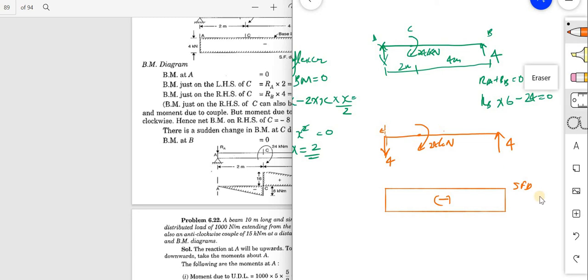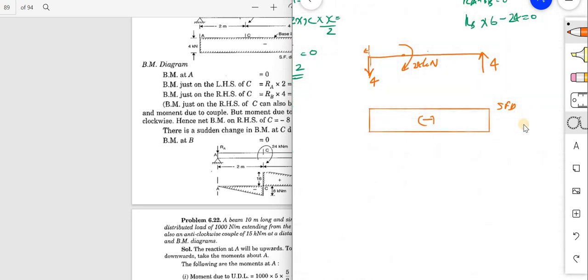Now next one, it is the bending moment diagram. I have to draw the bending moment diagram. So for bending moment, there are 3 points, there is A, B and C. So I know that the bending moment at A is equal to 0 and bending moment at B will also be 0. Now I have to find out the bending moment at C. So I am taking a section like this. I am considering the force to this side, to the right side.